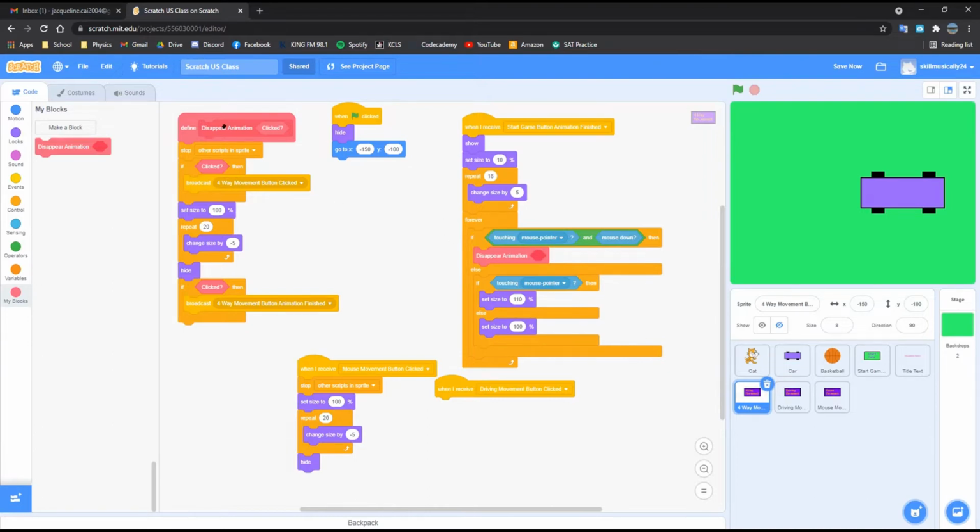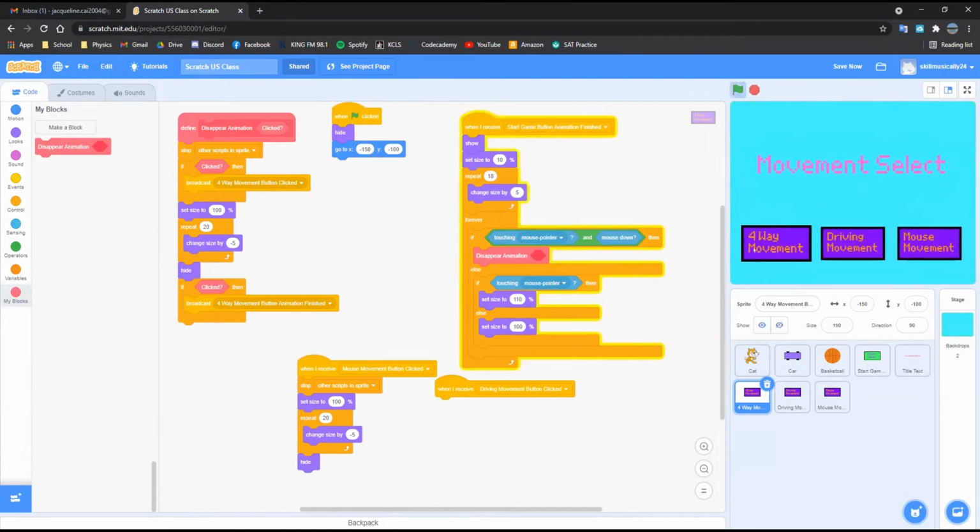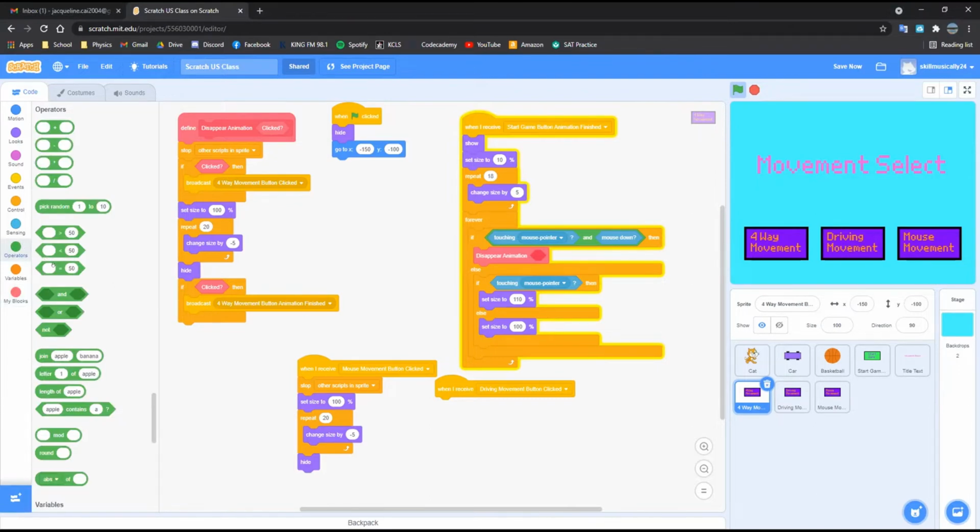And in this case, we know that our button is being clicked because we've specifically defined it as if it is touching the mouse pointer and if the mouse is down, right? So right now I'm just hovering over it, so it will run this else if code. But if I click on it, then it should be doing the same disappear animation as before. So let's go do this right now. Inside of this, we know that this Boolean will be true because this button is going to be clicked, and we've already defined that. So in order to make this true always,